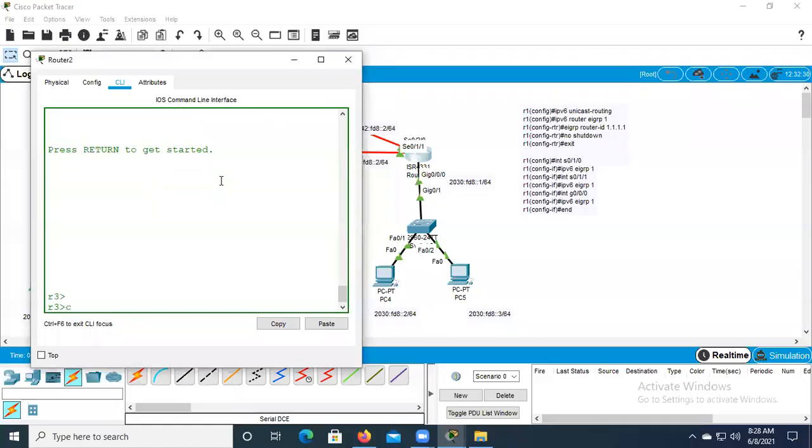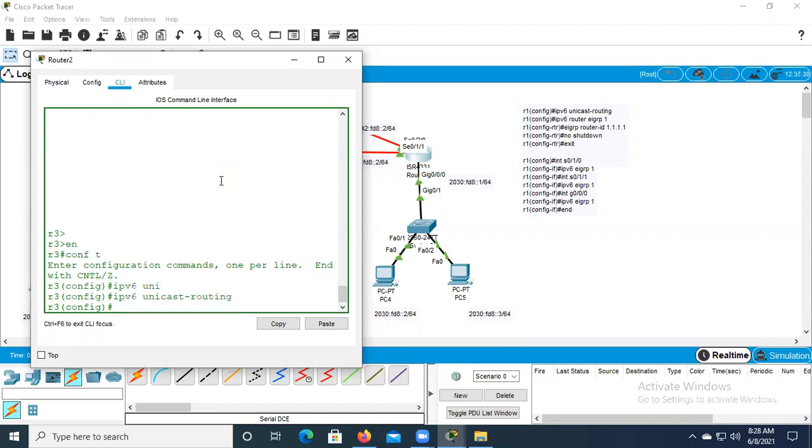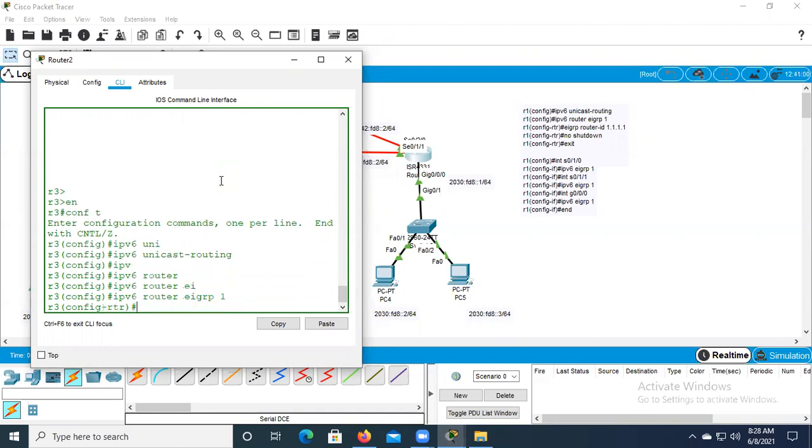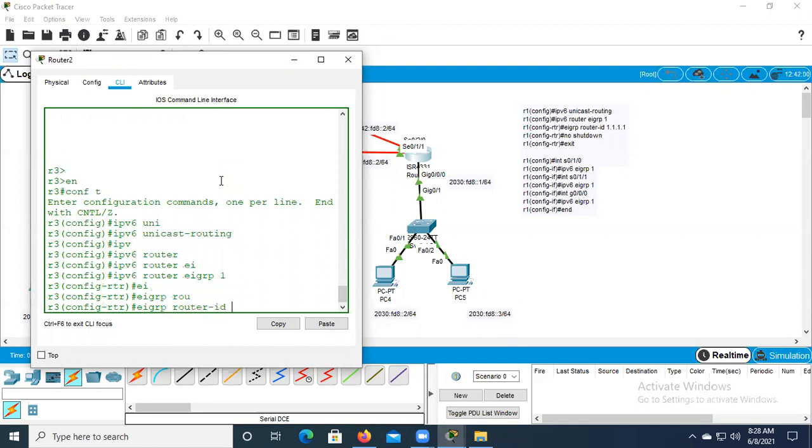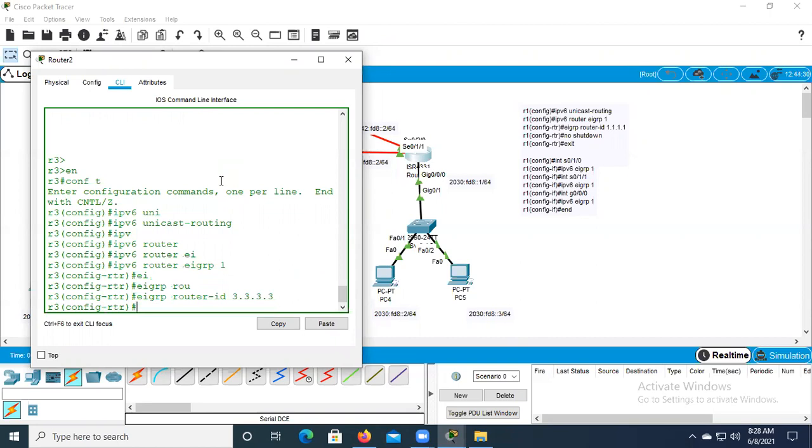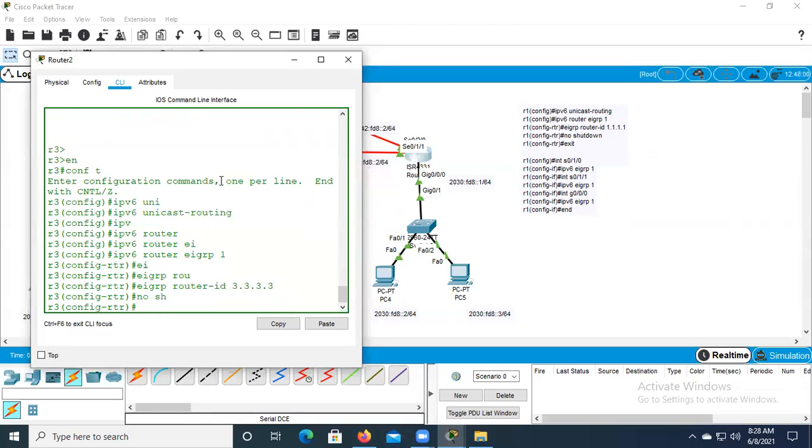Now I'm there in router 3. Go to enable, config t. The command is ipv6 unicast-routing. Then ipv6 router eigrp 1. Then eigrp router-id 3.3.3.3; for router 2 I used 2.2.2.2, and for router 3, 3.3.3.3. Then no shutdown, and exit.